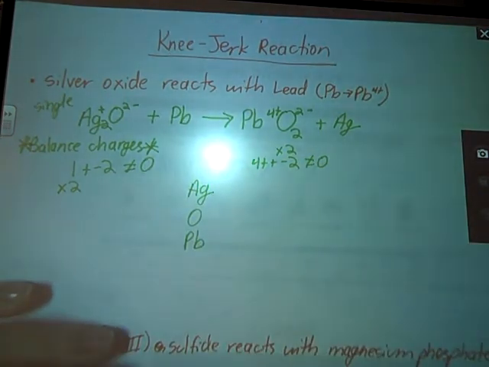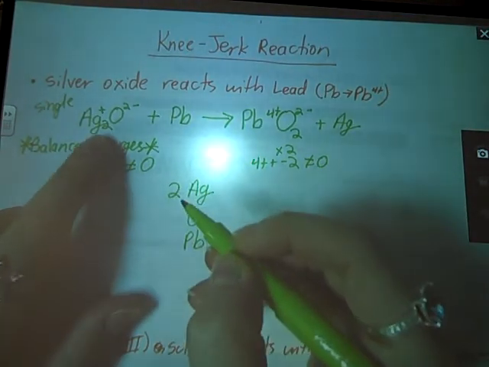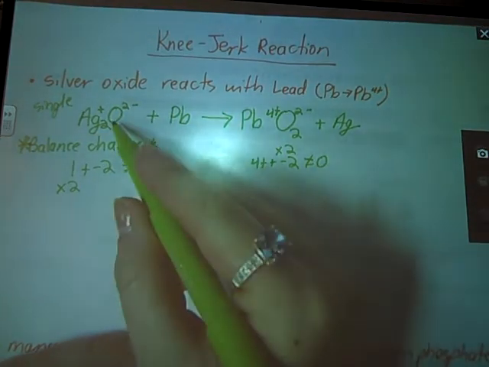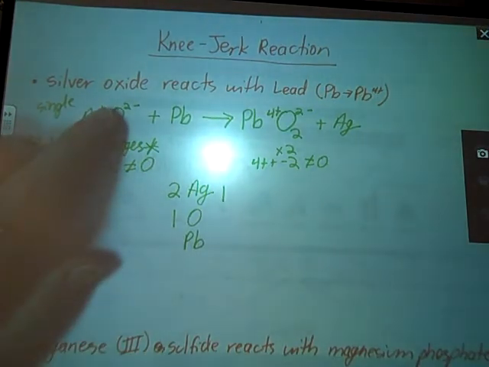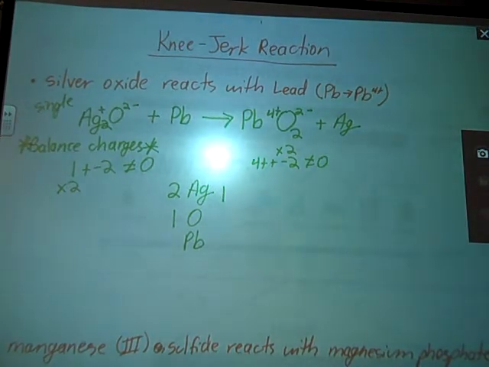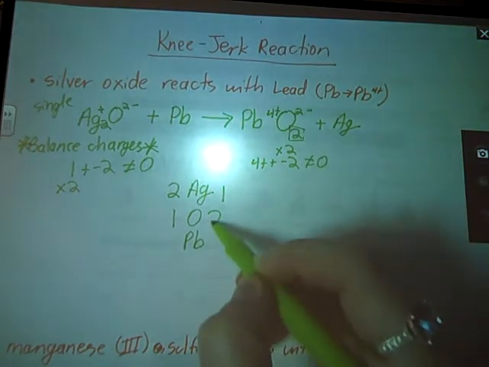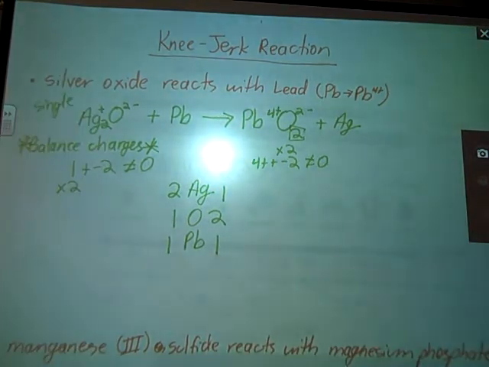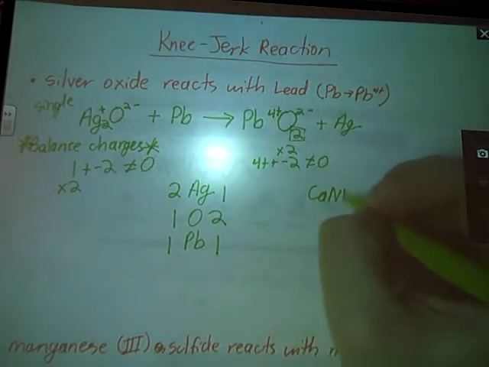I'm going to use the tally method here. I'll use the picture method in the following problem. So I have 2 silvers on the left, so says that subscript right there, but only 1 silver on the right. 1 oxygen on the left. Remember, anything up top here is a charge, not number of atoms. Number of atoms comes from our subscripts here on the bottom. Lead and lead. Left side does not equal right, but we cannot use subscripts